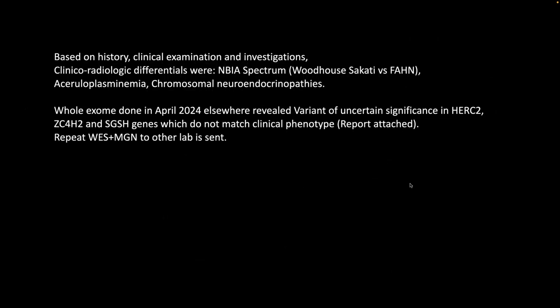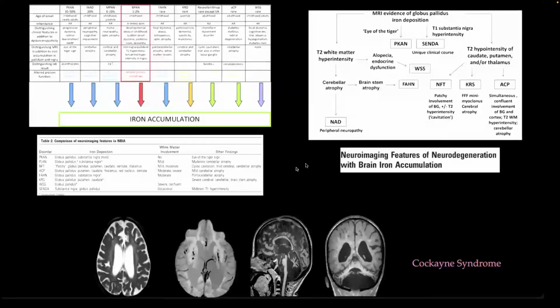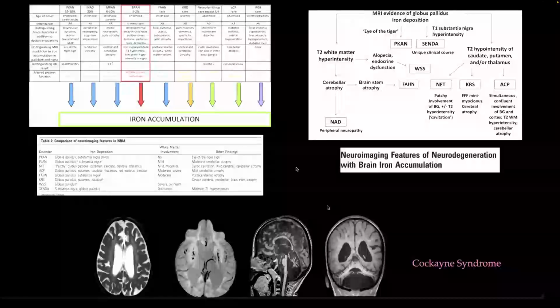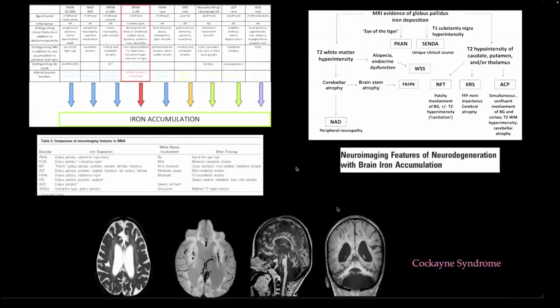So with that, we thought of possibilities of NBIAs, and we had an initial genetic report, which was of uncertain significance. At that time, we primarily thought NBIA is one of the possibilities, and also to consider Cockayne syndrome. But I think some clinical aspects were missing for Cockayne syndrome. Is that right, Sridhar? Yes, hearing loss, cataracts, and all that was not there. But I was suspecting NBIA, mostly Woodhouse-Sakati syndrome, because